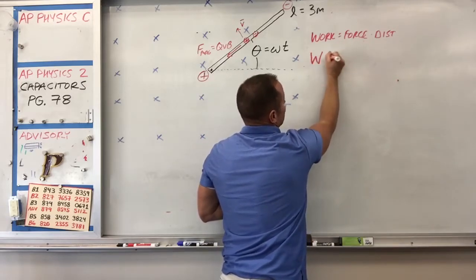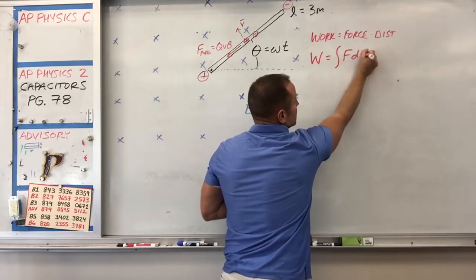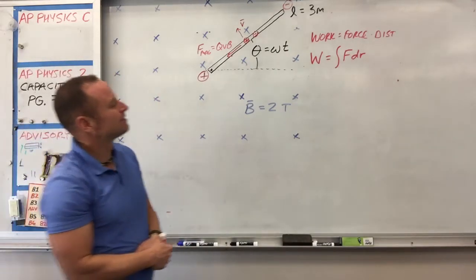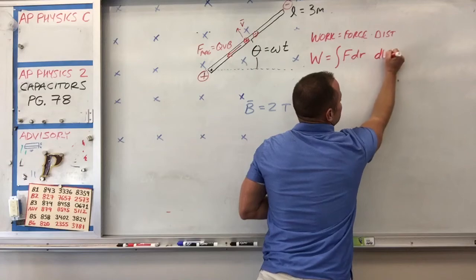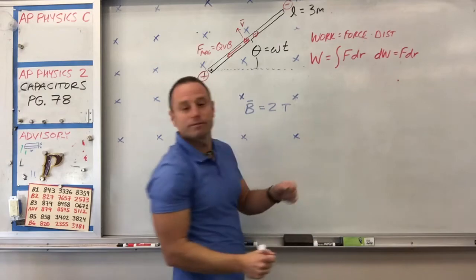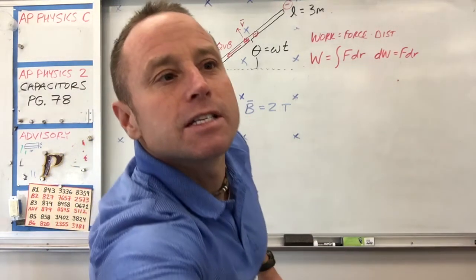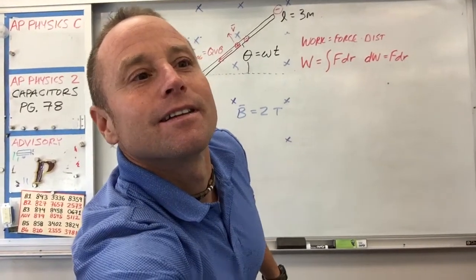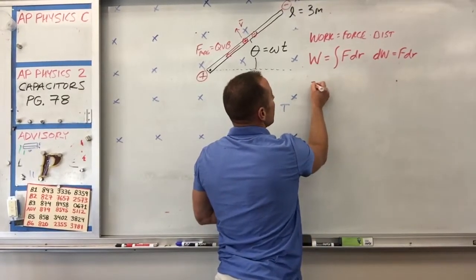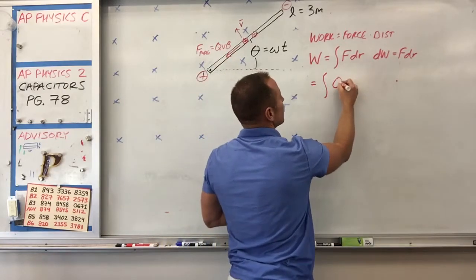So the work is going to be the sum of force times a little bit of distance. A little bit of work would be force times a little bit of distance. Maybe I should have even written it that way. A tiny bit of work would be force times a tiny bit of distance. And then you just got to add them up. Okay, so that's what we're going to do. So let me move this just a touch. There we go. So what we need to do then is add up the magnetic force, which is QVB,